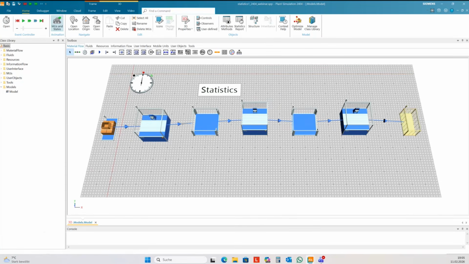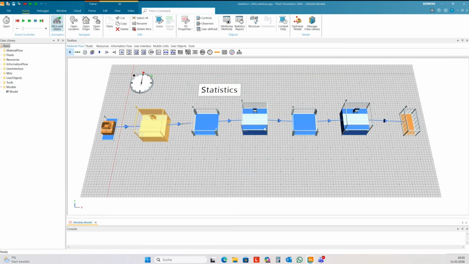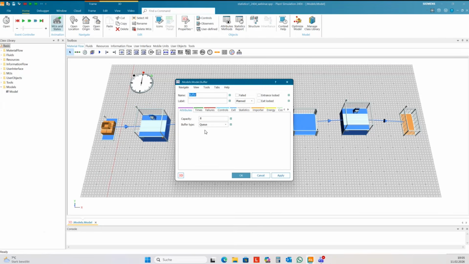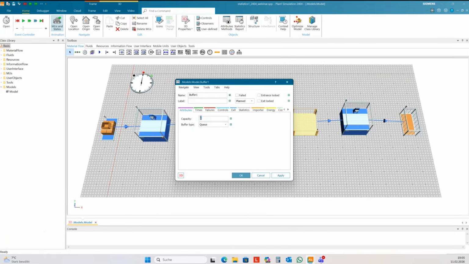And some basic settings. The first station has a processing time of 1 minute, 10 seconds. I restrict the capacity of both buffers to 100.